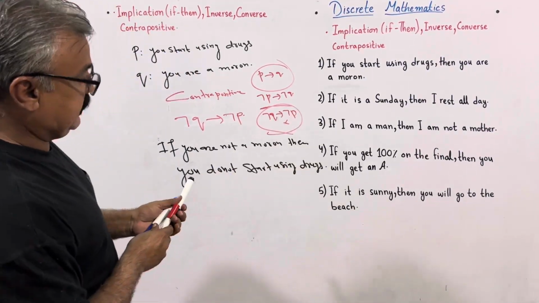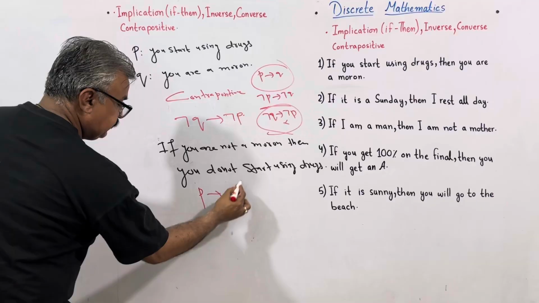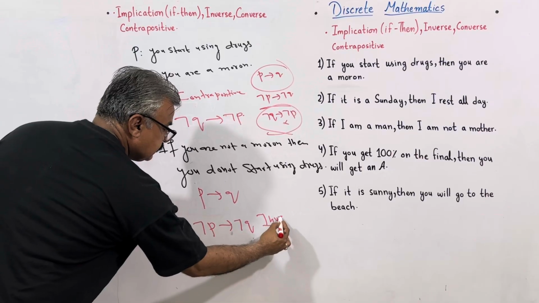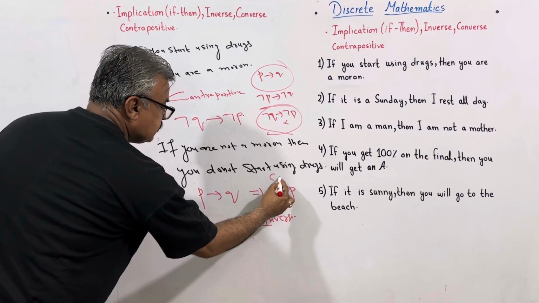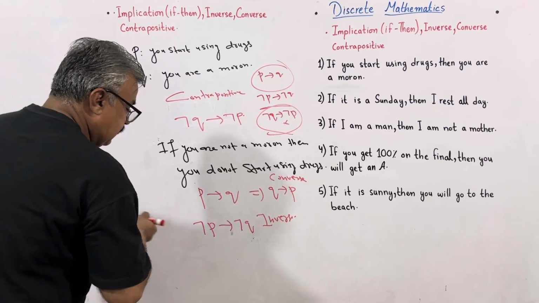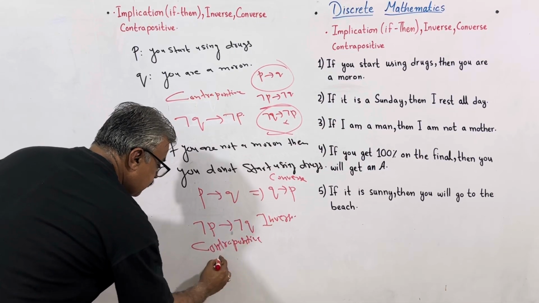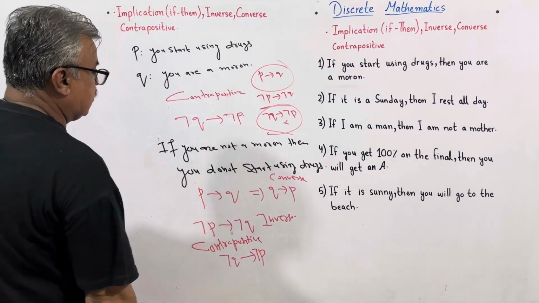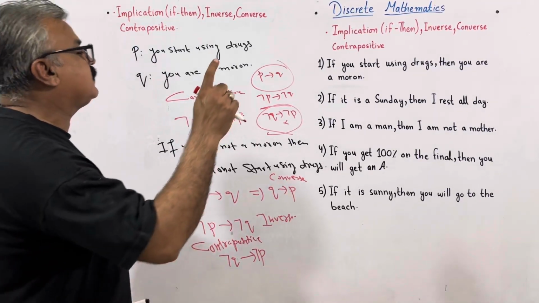Let me write it simply. This is our simple implication, P implies Q. This is our inverse. What about the converse? Q implies P. This is our converse. The blend of inverse and converse gives our contrapositive: negative Q implies negative P. How to read it in words? If you are not a moron, then you do not start using drugs. Moving towards the next question, we have